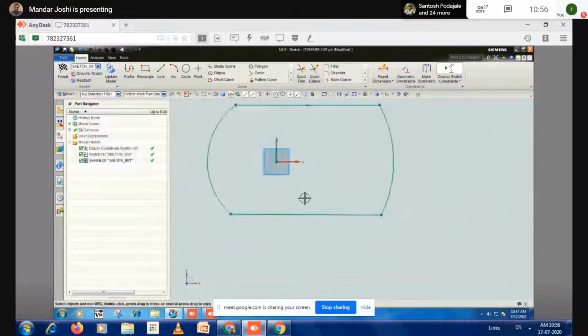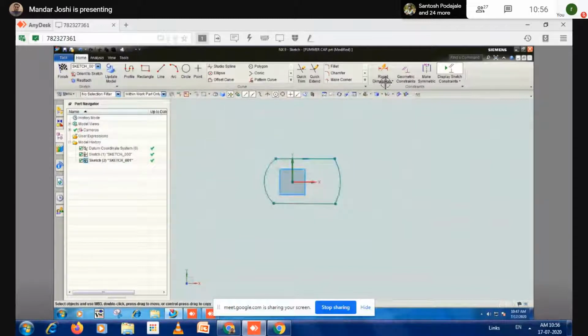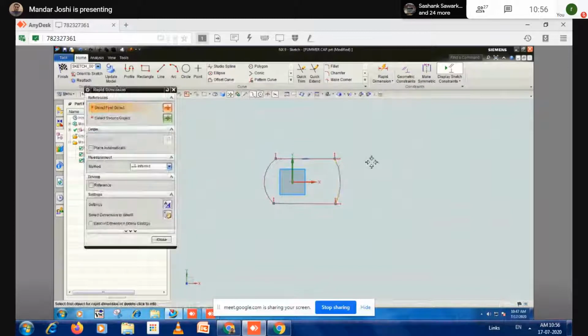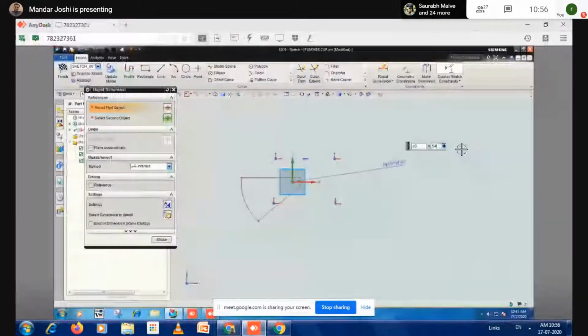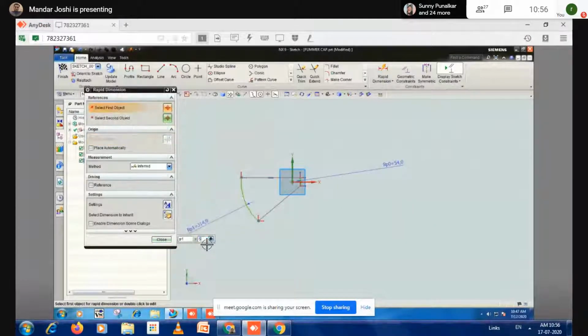Connected. Next, dimensions. This arc dimension is how much? 54. And this one is also 54. Close.